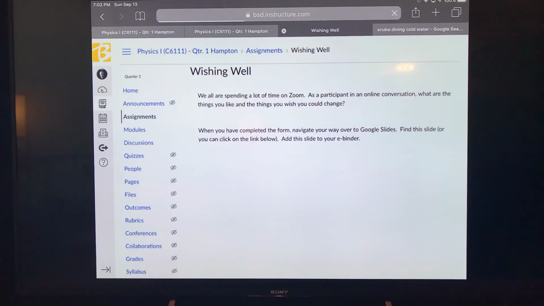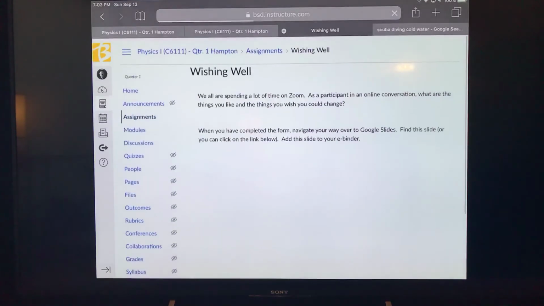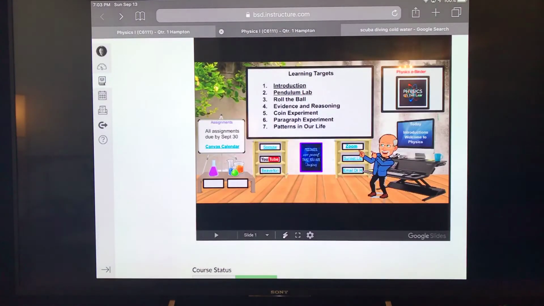So we're spending a lot of time on Zoom, and you're going to complete the form, which on your Chromebook will be highlighted, and then do a few things with that. On mine, it's a little slow, but